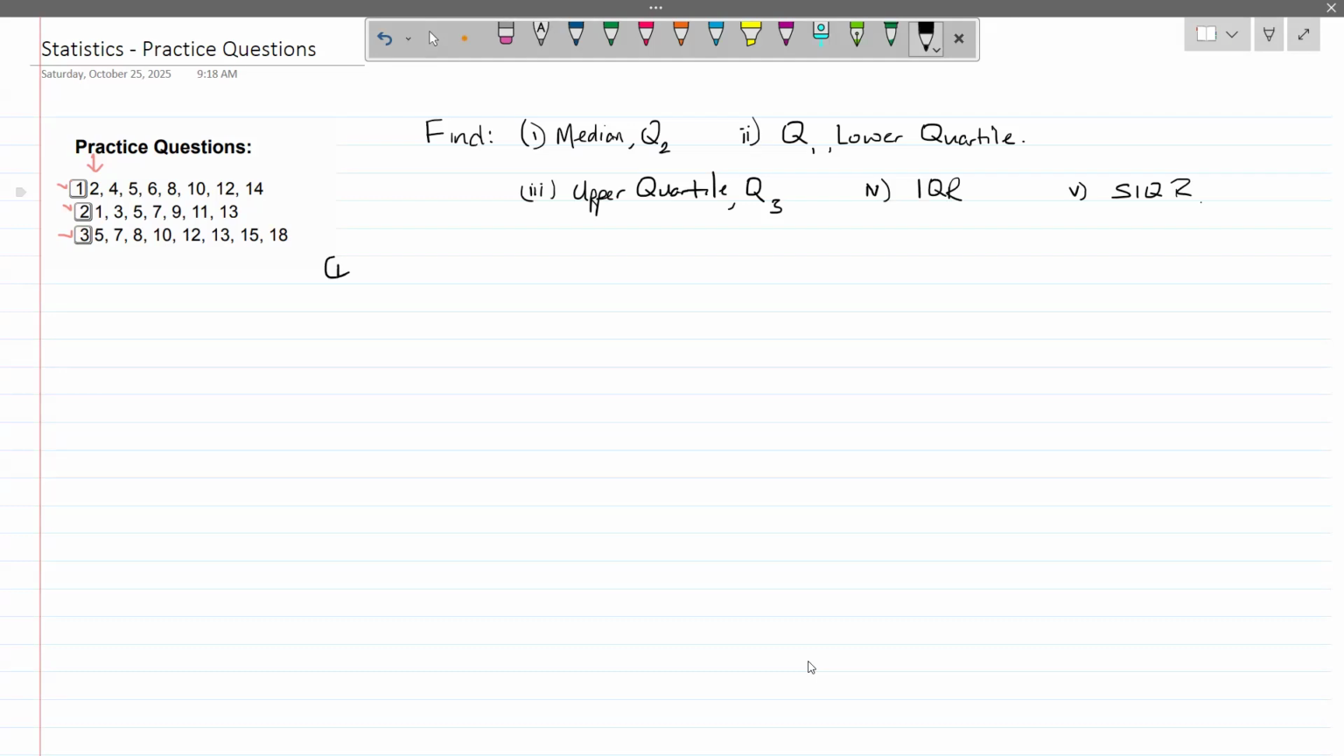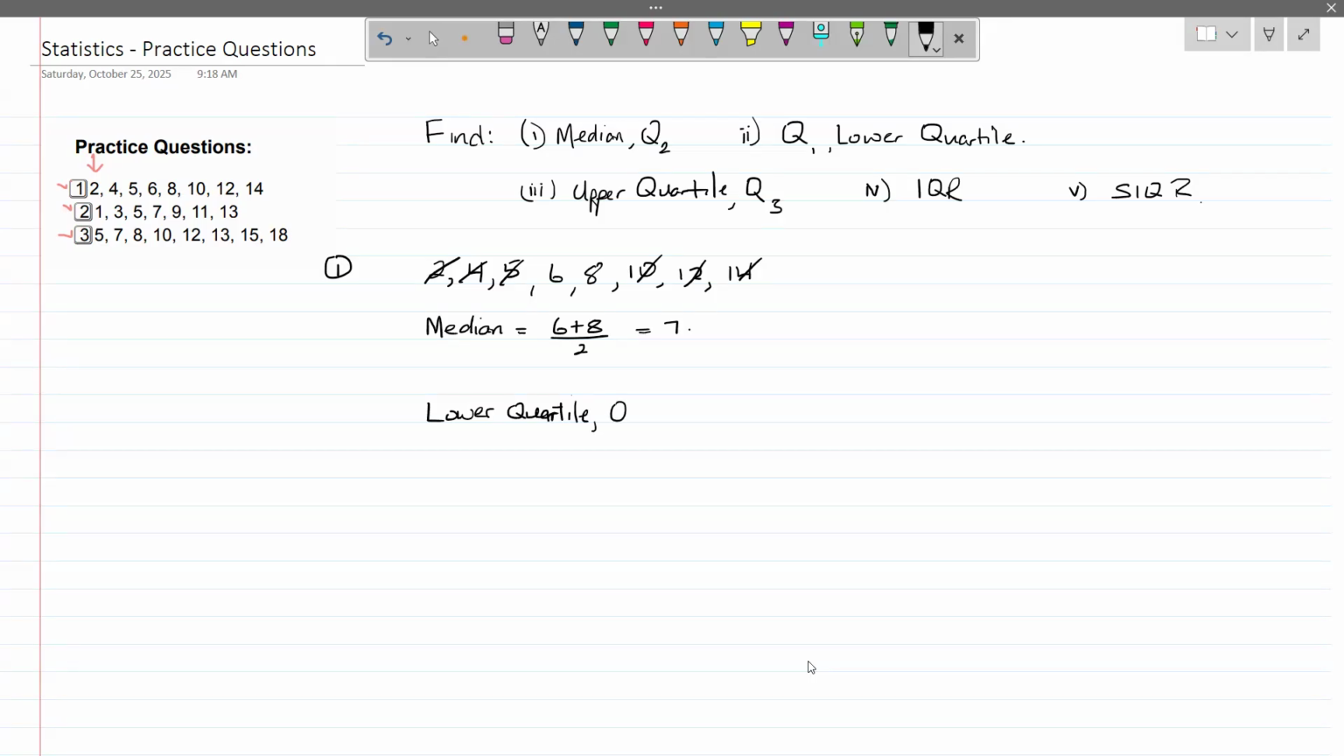Starting with number 1, I'll list out the values. It's already given to us in ascending order, so that's one less step we need. We cross from end to end to get the median in the middle. It's an even set of data, so our median is equal to 6 plus 8 over 2, which will be 7. Our lower quartile Q1 will be